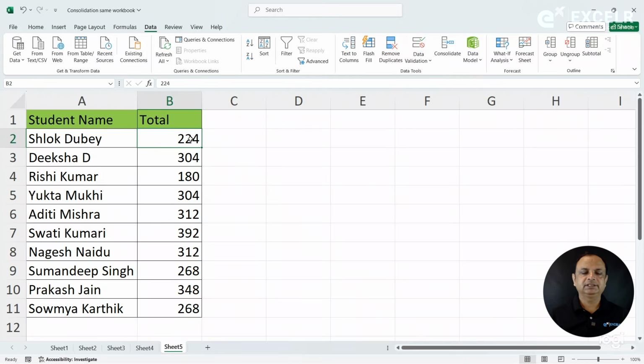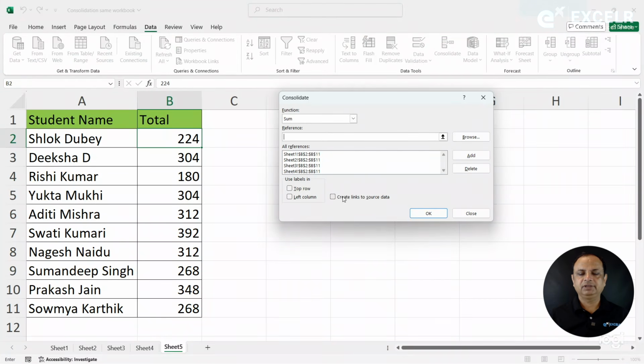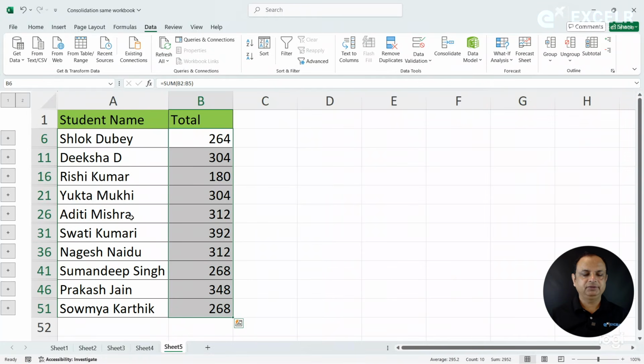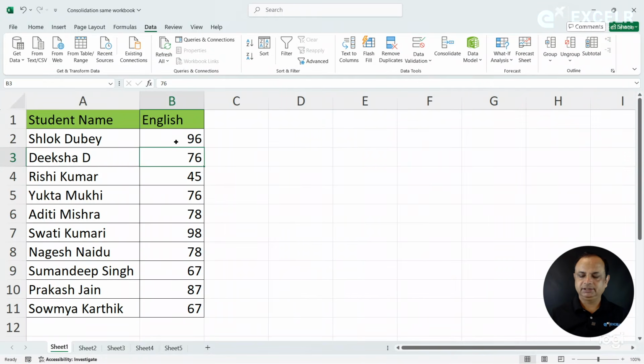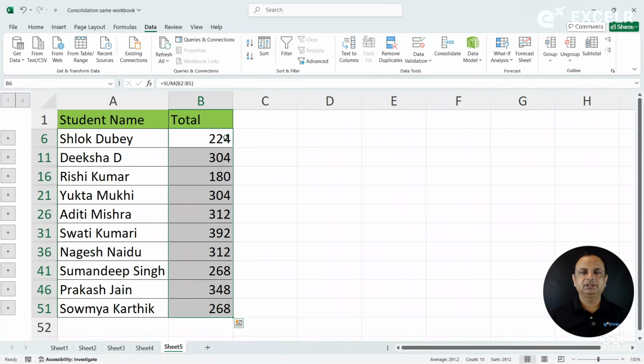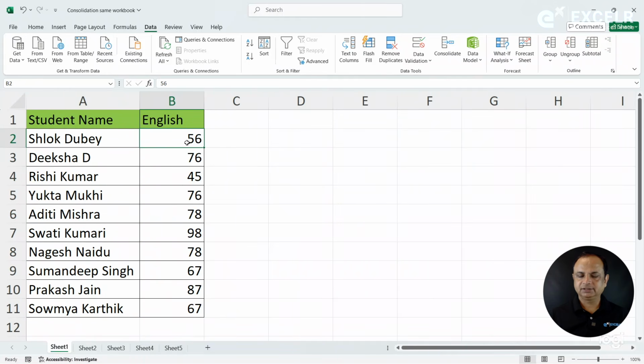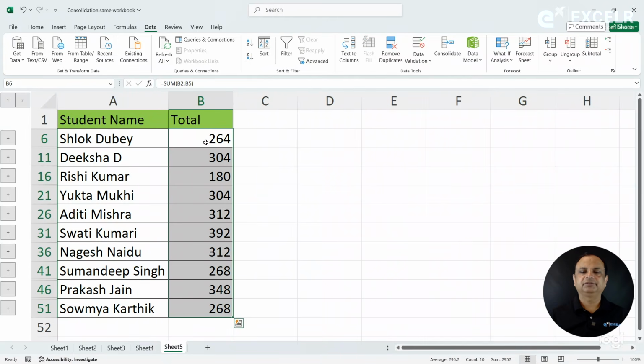So if you want the connection from the source, meaning whenever you make changes in the source, the data should change by itself, what should I do? Go for consolidate, and here we have one option, create links to source data. If you activate this, then go and change 96 back to 56 and press enter, and check here: the value is reduced to 224. If you again increase the marks to 96, go and see here, the total changed by itself. So this is a